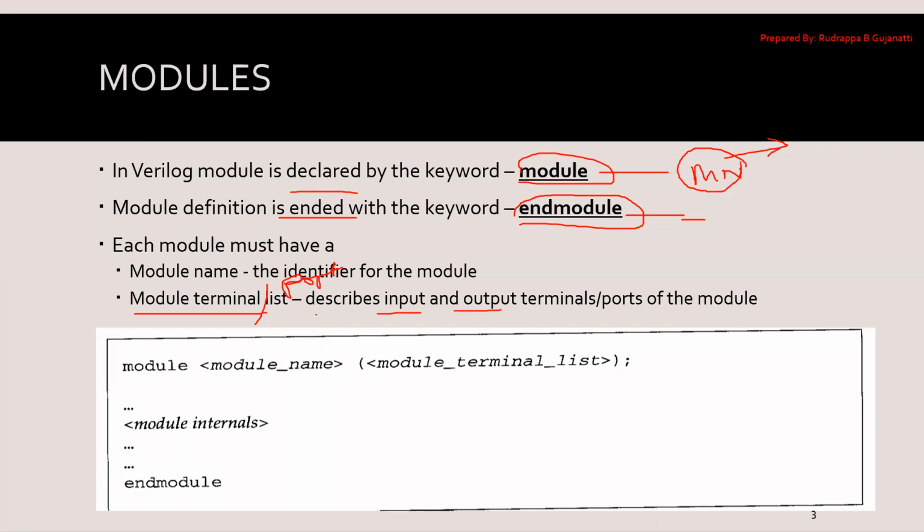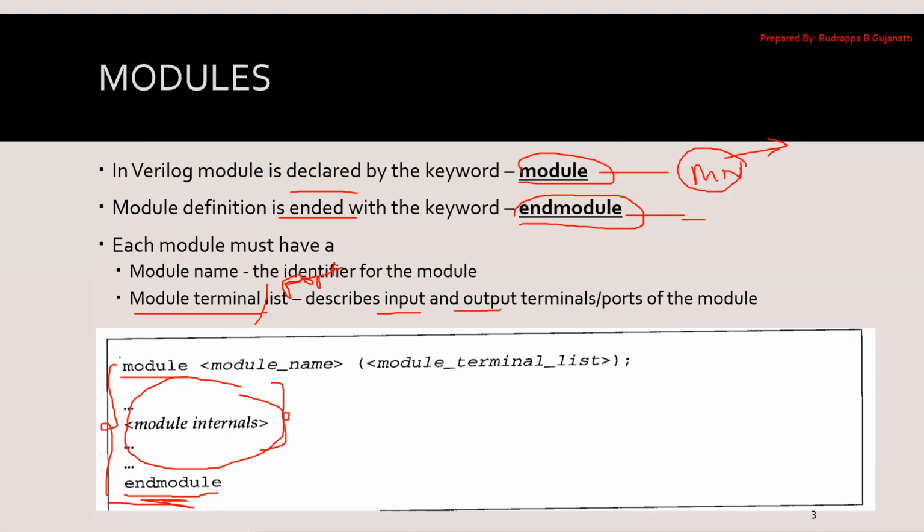This is an example of how a module is defined in Verilog. We have already discussed these things. module is the keyword which specifies the start of the module, and endmodule indicates that this module terminates at this point. In between, I will have whatever logic specification you want, in whatever abstraction level you want, whether gate level abstraction or behavioral level abstraction, so that you can implement it over here.